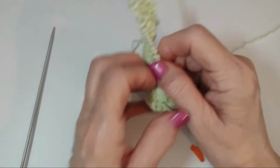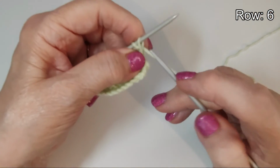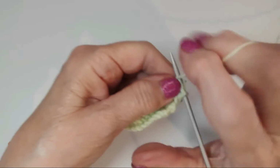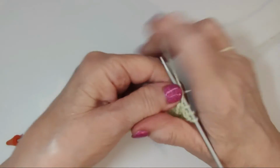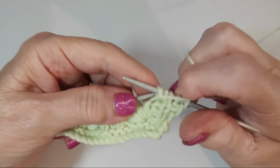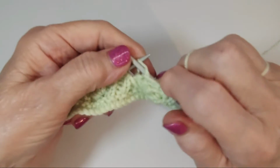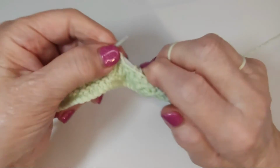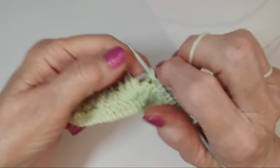Right, so row 6 now is knit into the back of your 1st stitch, purl 1. Then your repeat is knit 1, purl 4, 1, 2, 3, 4, knit 1, purl 1. Okay, start again, knit 1, purl 4, 1,